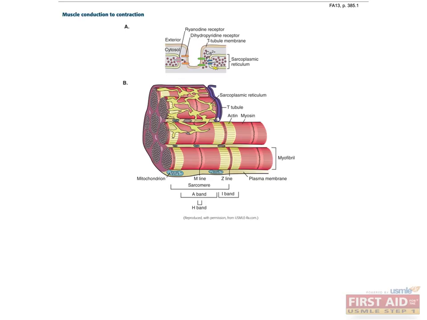Before we move on to the path section of the chapter, we have to review just a few more basic concepts relevant to the anatomy and physiology of the musculoskeletal system. One of these topics is the process of muscle contraction and the conduction of electrical signals that lead up to it. These two pictures highlight some of the basic structural components of muscles at a cellular level and a more